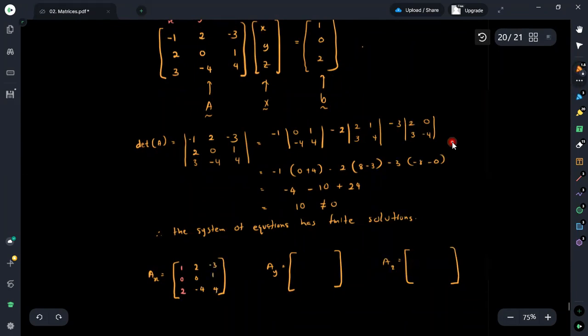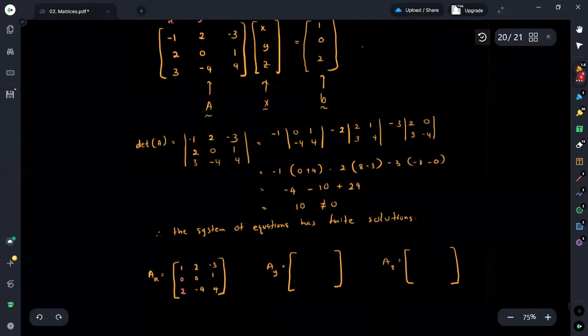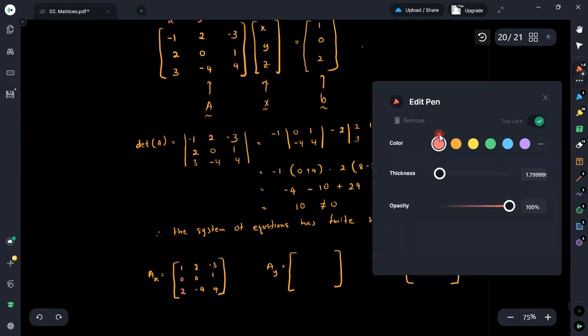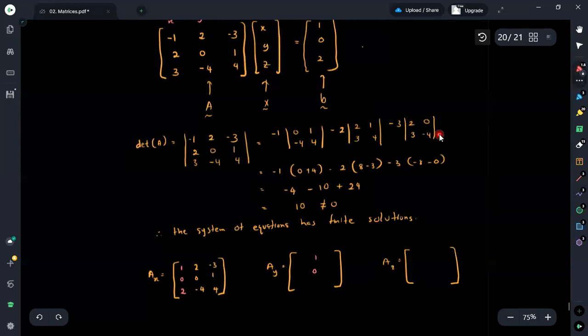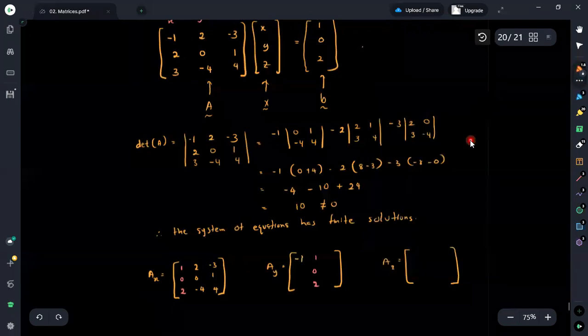To write down the matrix for Y, the matrix associated with variable y, the first column comes as it is. The second column has to be changed. It now becomes 1, 0, and 2. Then the remaining elements have to be written accordingly. Here it is minus 1, 2, and 3. Then minus 3, 1, and